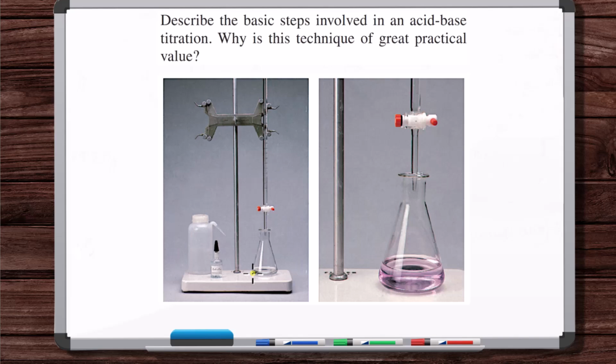So now you've got free OH minus ions in the solution with no H plus ions. So the solution is now basic. At the equivalence point, the flask solution has switched from acidic to basic. Again, this point is called the equivalence point. And with a titration, you want to stop adding burette solution to the flask solution as close to the equivalence